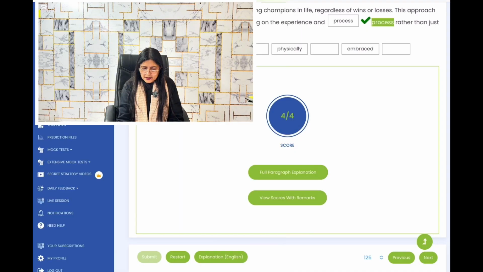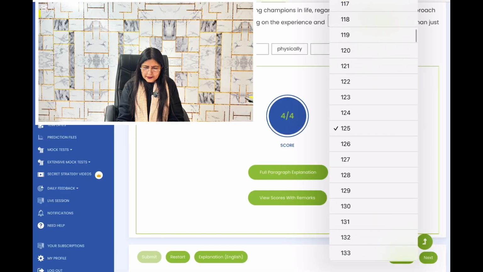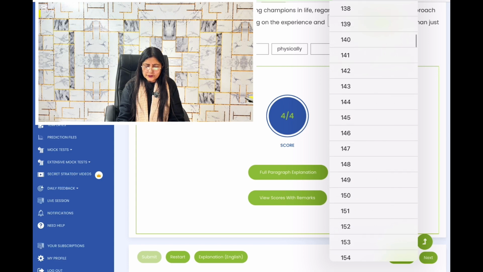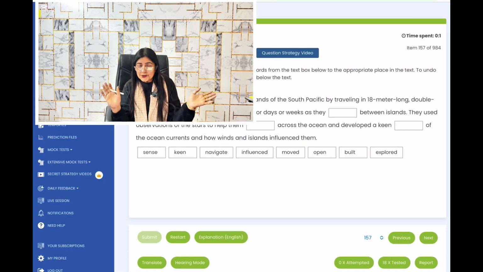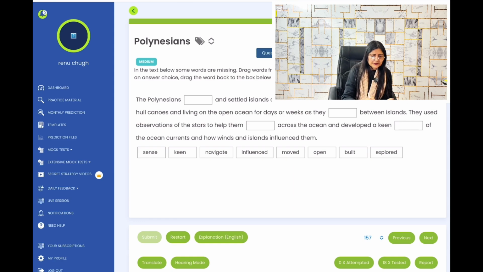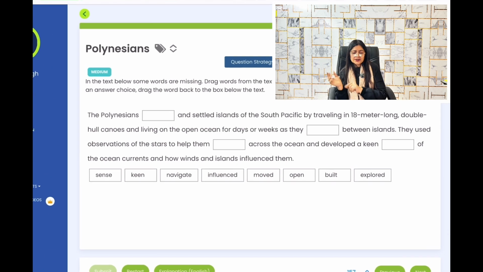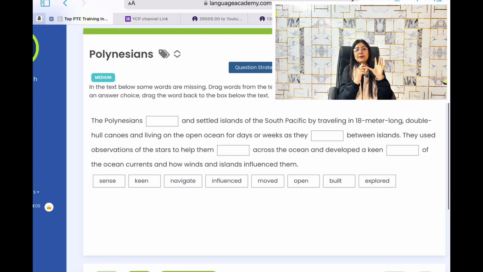I hope you are enjoying doing this with me, all this live. Okay, so let's pick anything random. Okay, I'm not looking and I'm suddenly clicking one and it is opening and now I'm going to screen. So it is Polynesians. Okay, first grammar, context, collocation. So Polynesians, sorry, my bad.